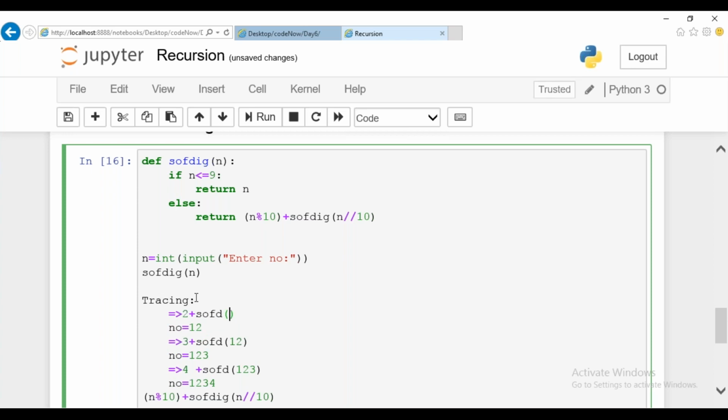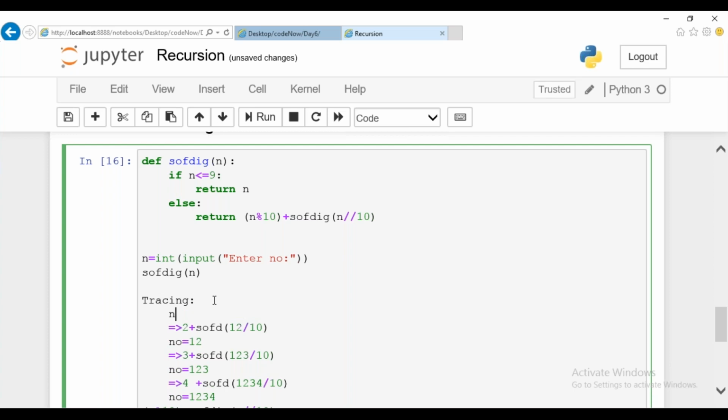Continuously, you can look here guys, you're going to keep dividing this number. Initially 1234 is divided by 10 and passed, then 123 divided by 10 is passed, and 12 divided by 10 is passed.